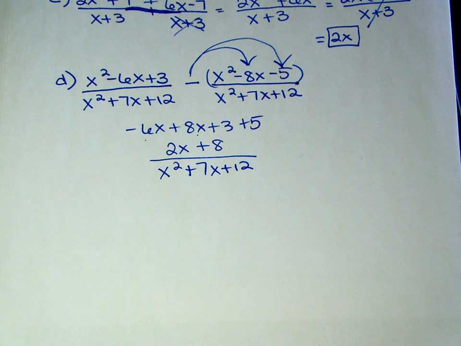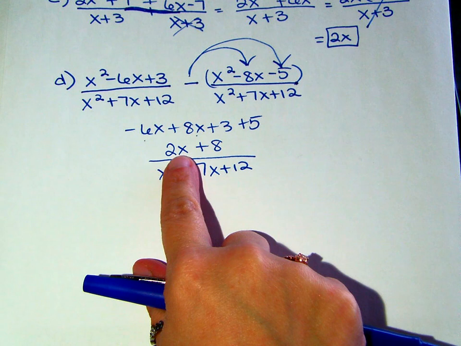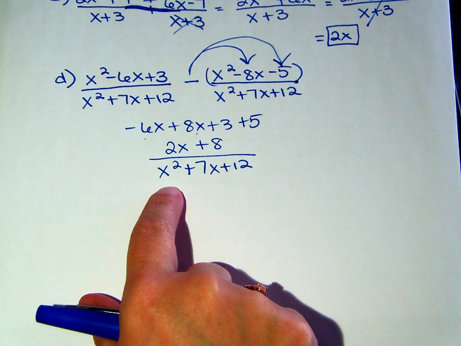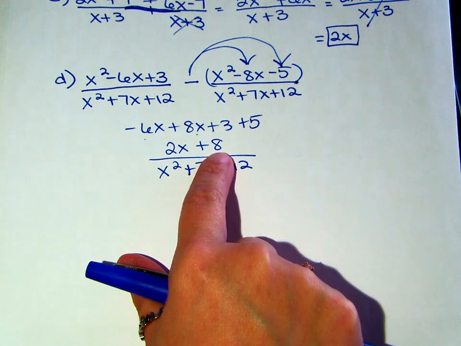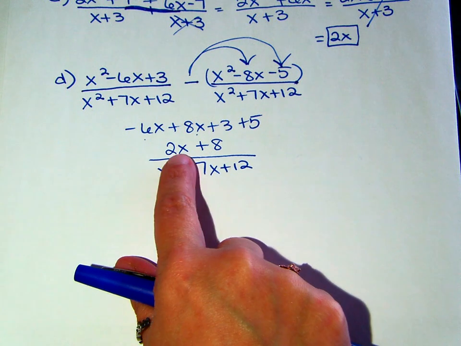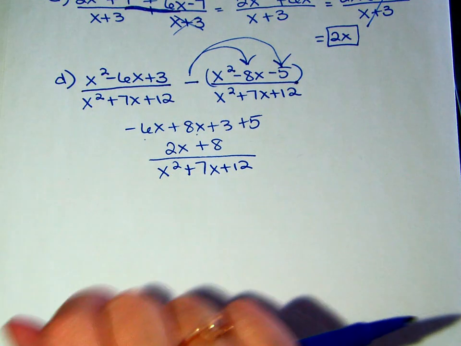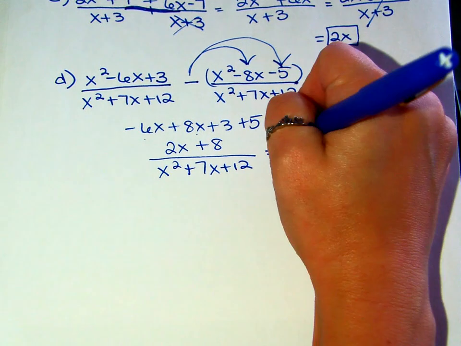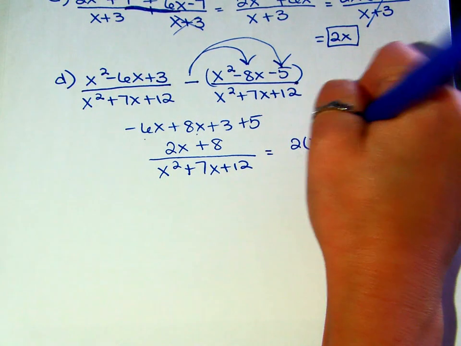Now, before you even try to factor the denominator, you can look at the numerator, the top, and say, okay, does anything factor in here? Because if I have a 2x, I know that's not going to work down here because I only have an x squared out front. So if nothing were to factor out of the top, then I would know I was done already. But does something factor out of 2x and 2x and 8? A 2 does. And if I pull that 2 out, I'm left with an x plus 4 as a factor